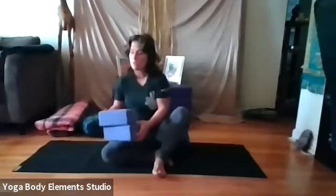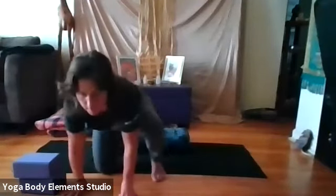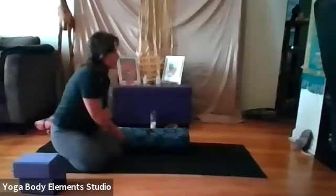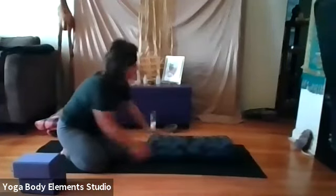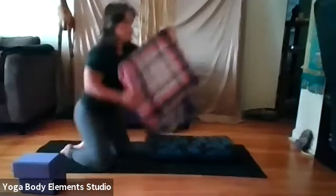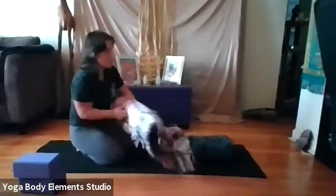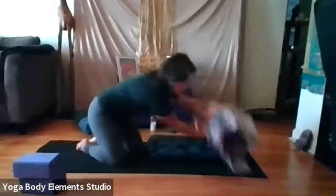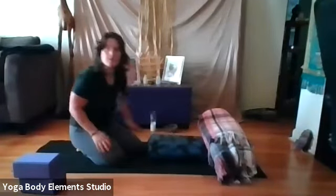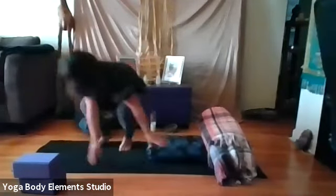Let's go into Supta Baddha Konasana next. If you have a strap to use, feel free to bring it in. If you have a blanket to use or an extra pillow, you might bring it to the back of the bolster. You could tri-fold that blanket at the back of the bolster, folding it 3 times if you like. And then the strap,